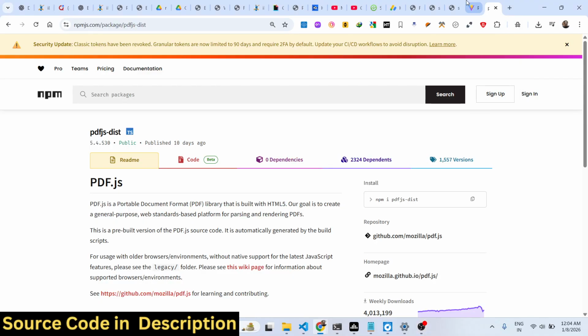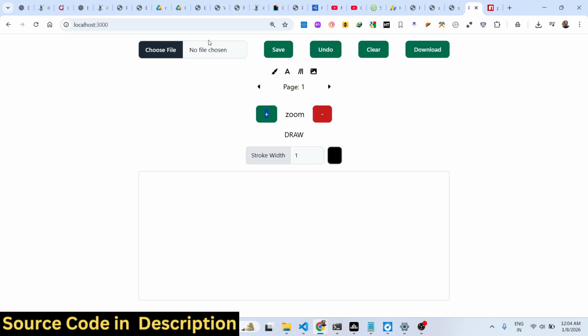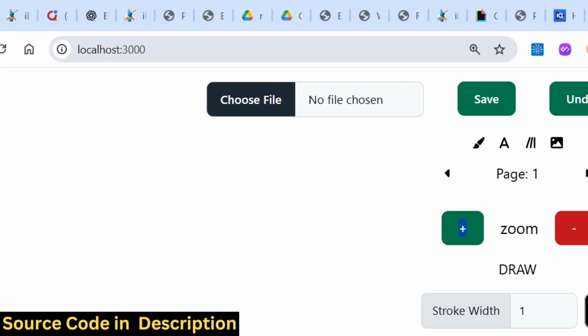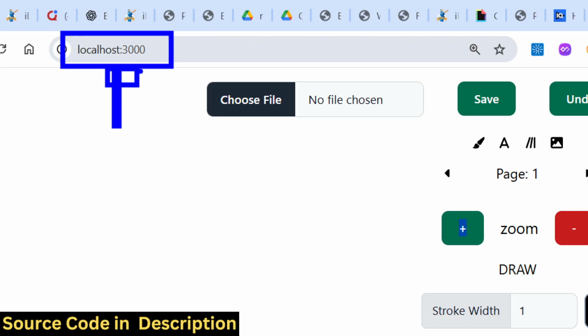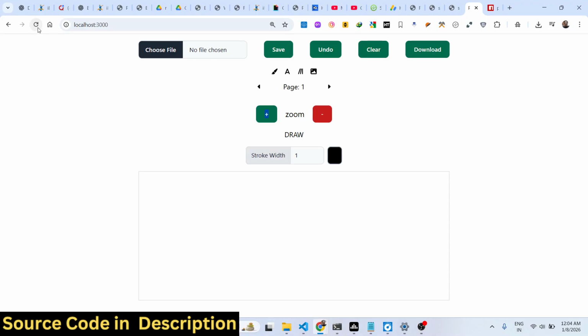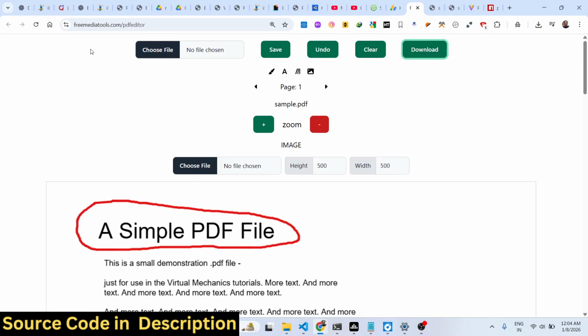Hello guys, in this video I'll show you I built out an Adobe Acrobat PDF editor clone to actually edit your PDF files directly in browser. This is the full interface of the application. I have also deployed this application on my website